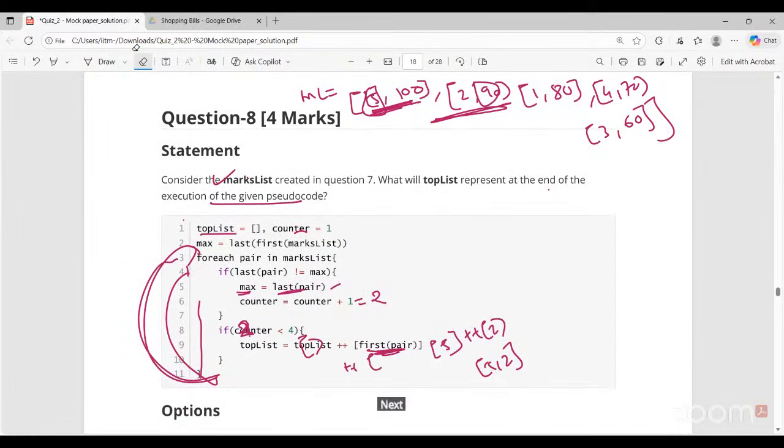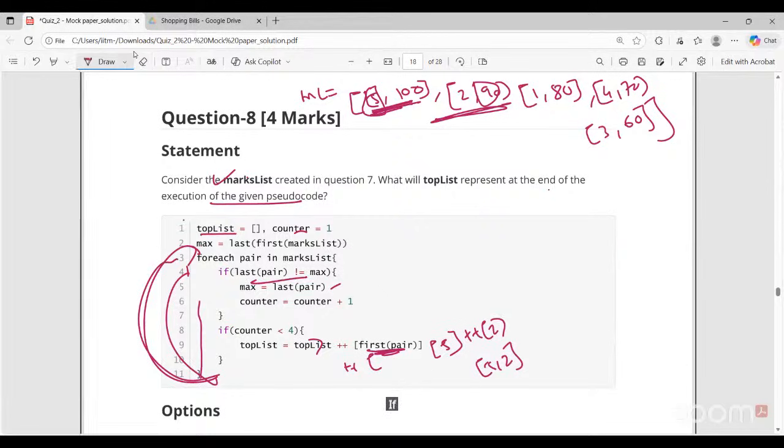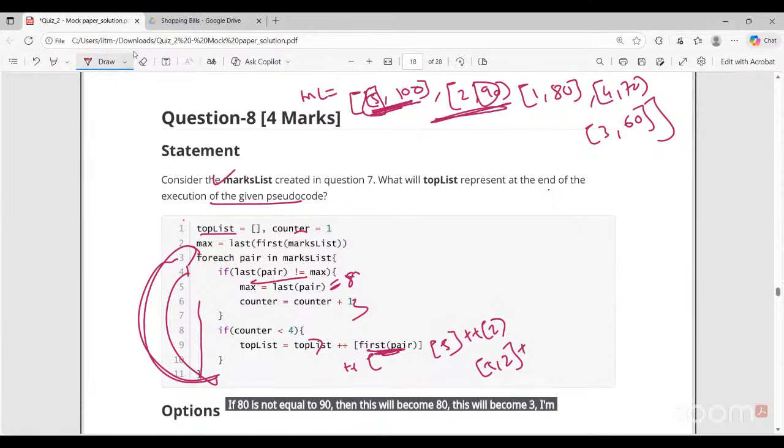Next will be 1 comma 80. Again, 80 is not equal to 90. If 80 is not equal to 90, then max will become 80. The counter will become 3. I'm going to add the first of the pair here, so it will become 5, 2, 1. If I go for the next iteration, again,